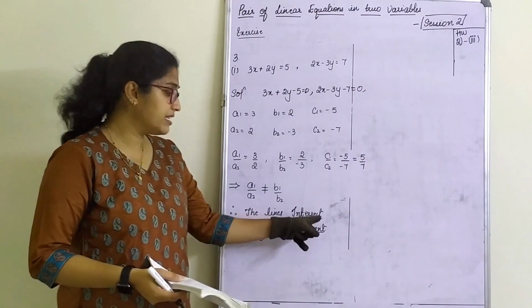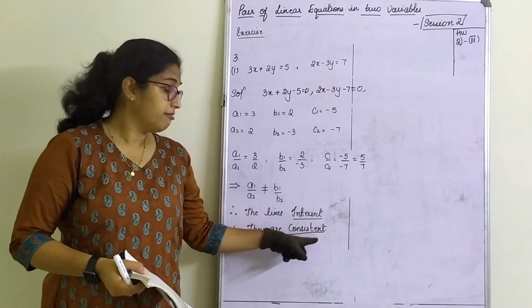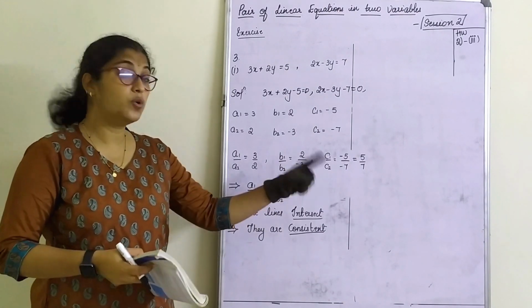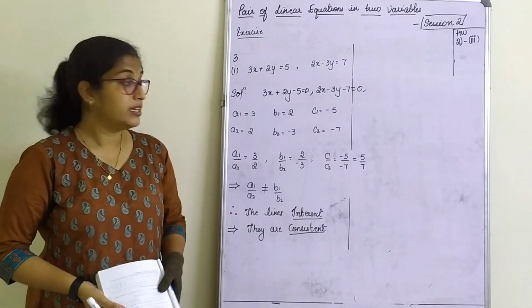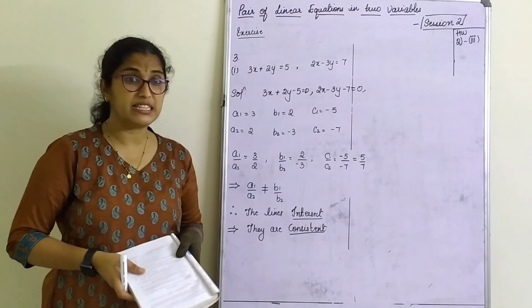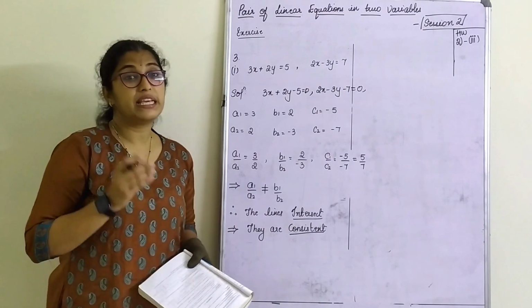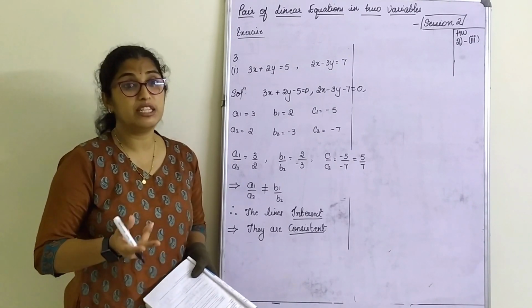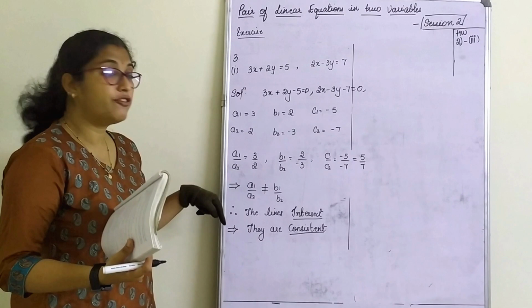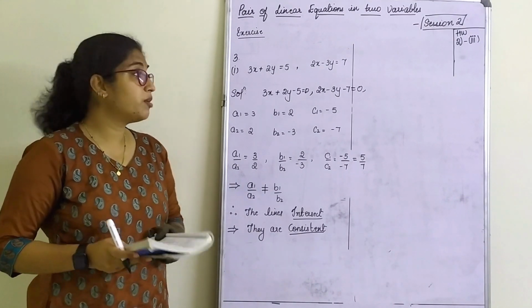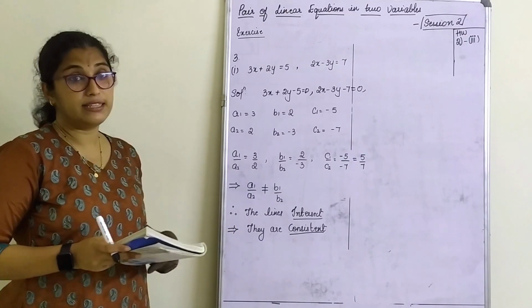Clear? If in case it would coincide, then also it would be consistent. It is inconsistent only when they are parallel. So I think you all know what to do with this. The questions are very simple. These are always asked in MCQs. Sometimes if it is asked for 2 marks, then you need to follow all the steps. In MCQs it doesn't matter, but still in your book you have to write with all these steps.